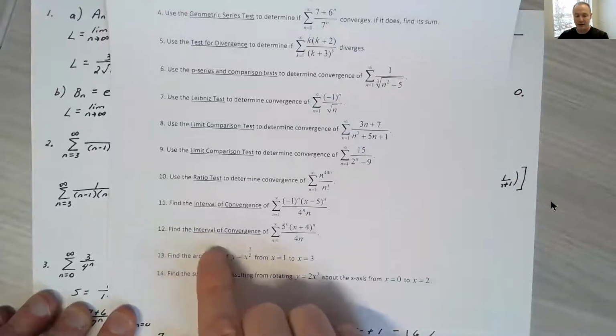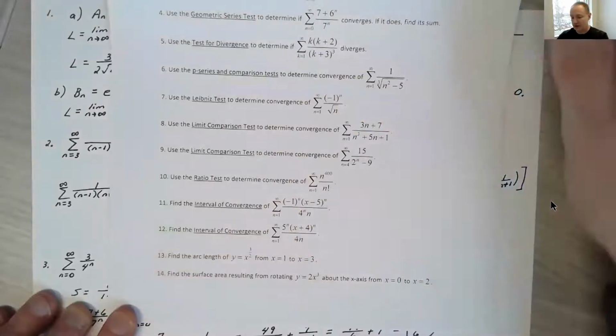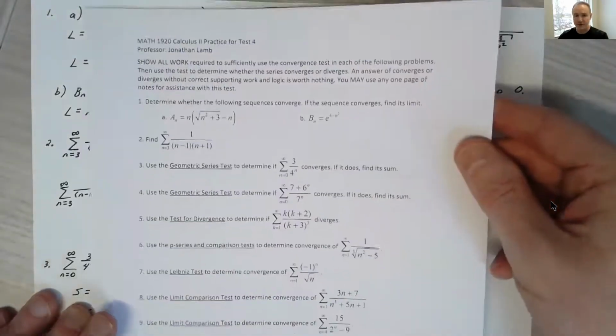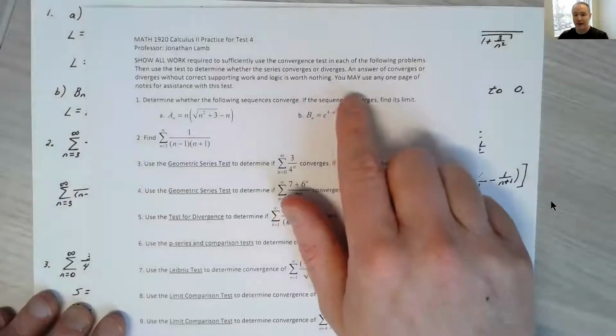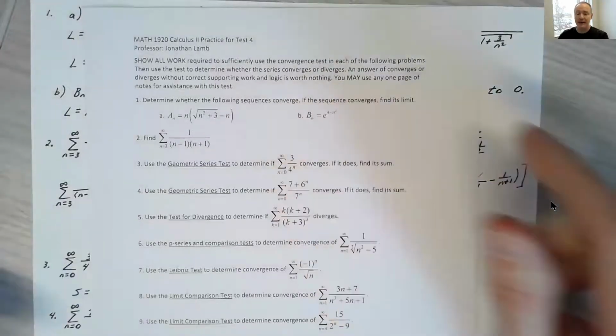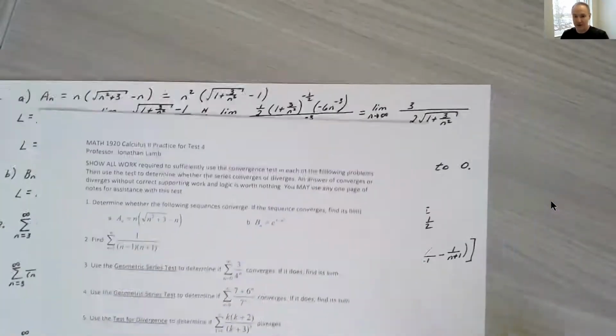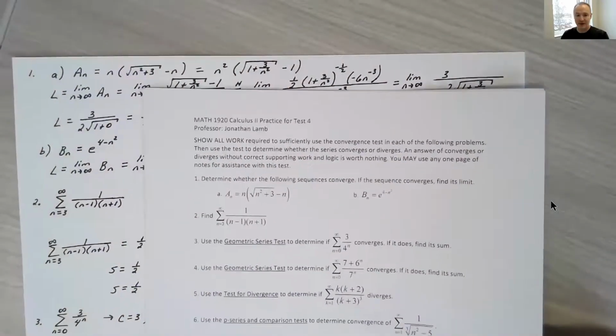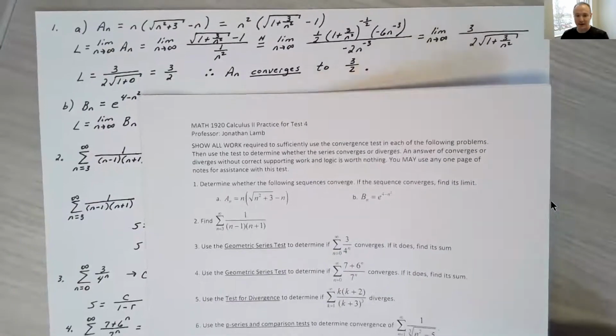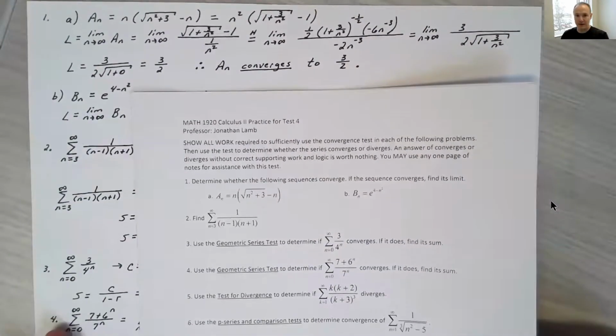last two problems go back to Chapter 8 where you're asked a question on arc length and a question on surface area. So first of all, keep in mind that I will allow you to use any one page of notes, and keep in mind that is a one-sided page of notes, so you can write down whatever you want on any one standard sheet of paper. So it has to be the same size as a normal piece of paper. So anything like that you can fit on one page, whatever you think would best help you on the test,